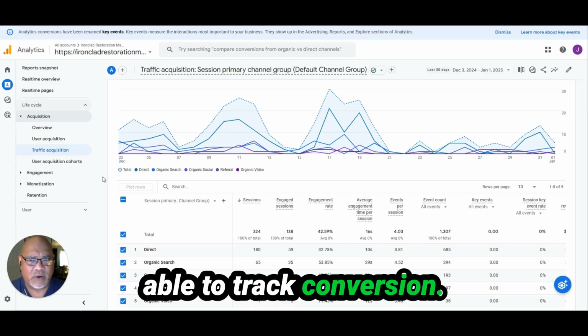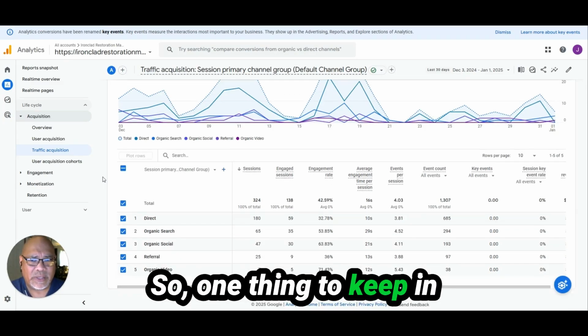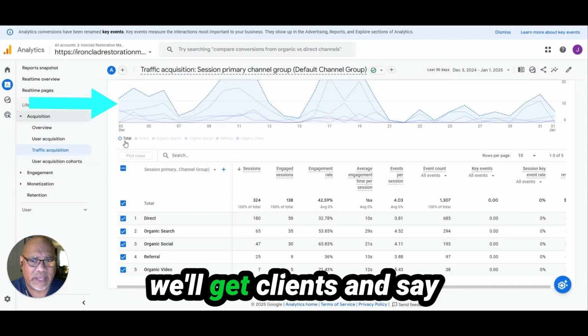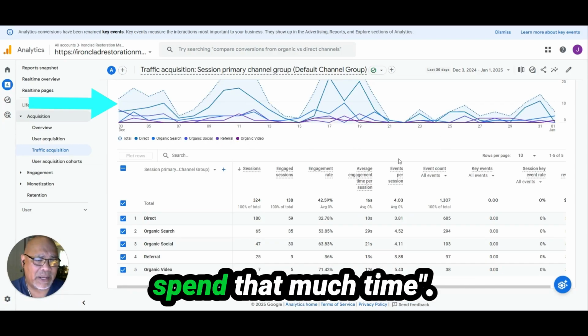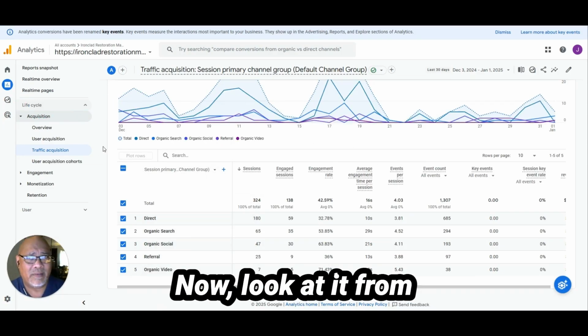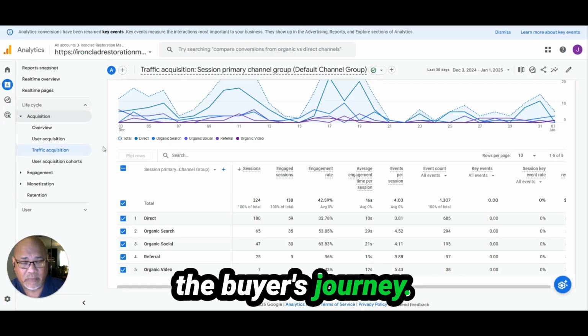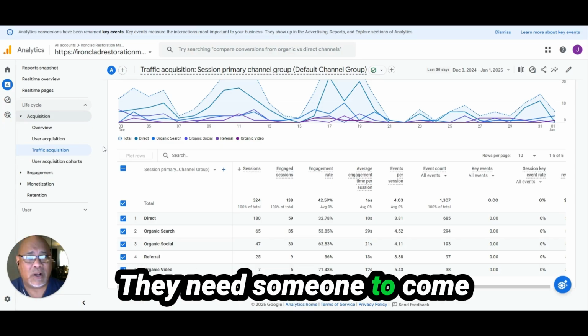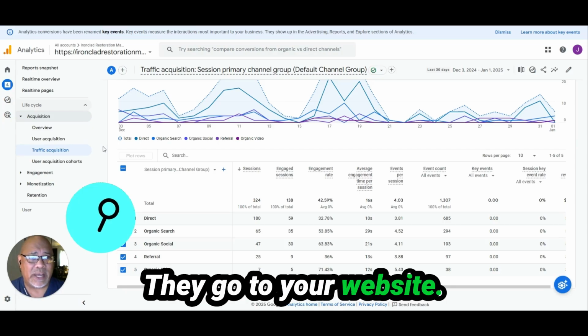You want to be able to track conversion. So one thing to keep in mind when you look at some of the engagement rates, sometimes we'll get clients that say, like, oh, they didn't spend that much time. Now, look at it from the buyer's journey. All right. So say their water heater broke, they need someone to come over as soon as possible. They go to your website, they're going to look